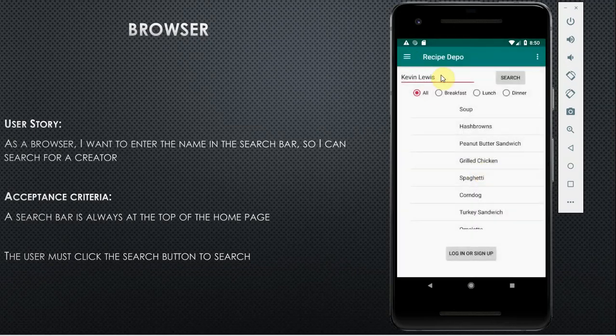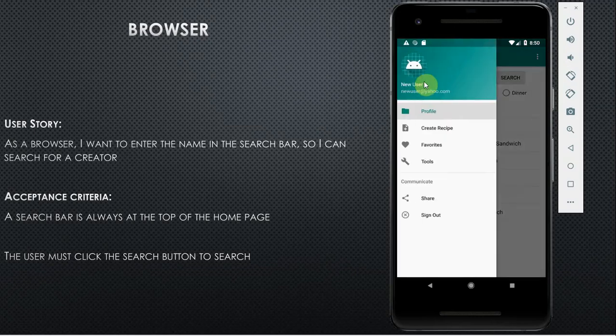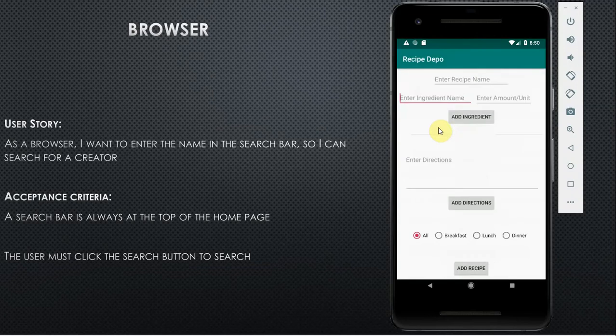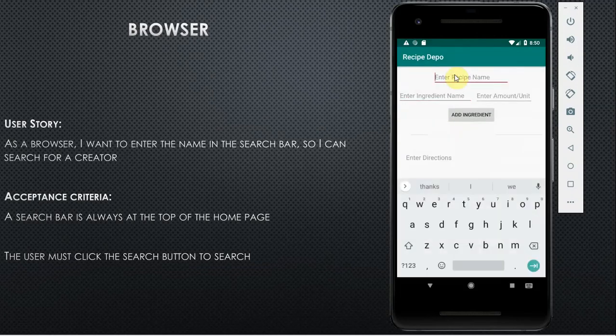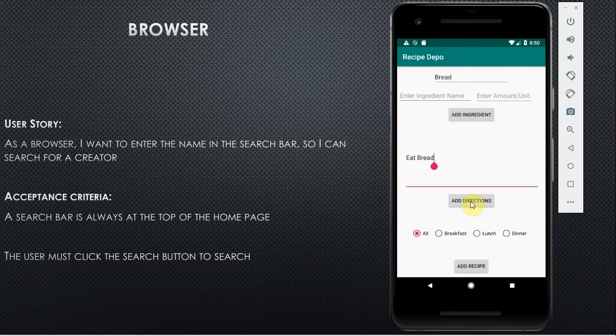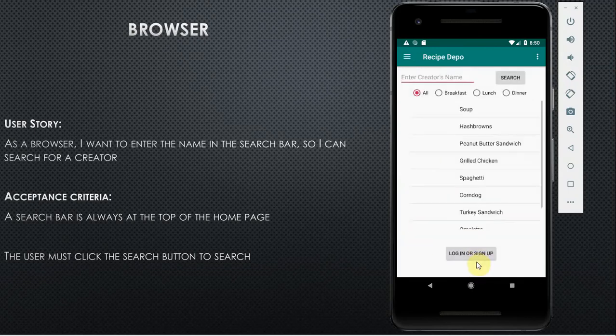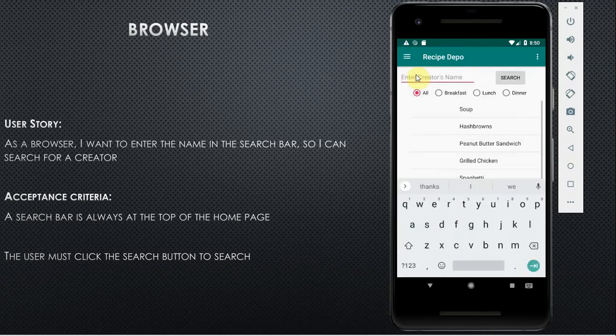So we're signed up. Let's go ahead and add a quick recipe. So recipe name, let's say bread, bread, 1 slice, and eat bread. Add the ingredients, add the directions, and this is for all, so we'll go ahead and add the recipe. So now if we search for new user,